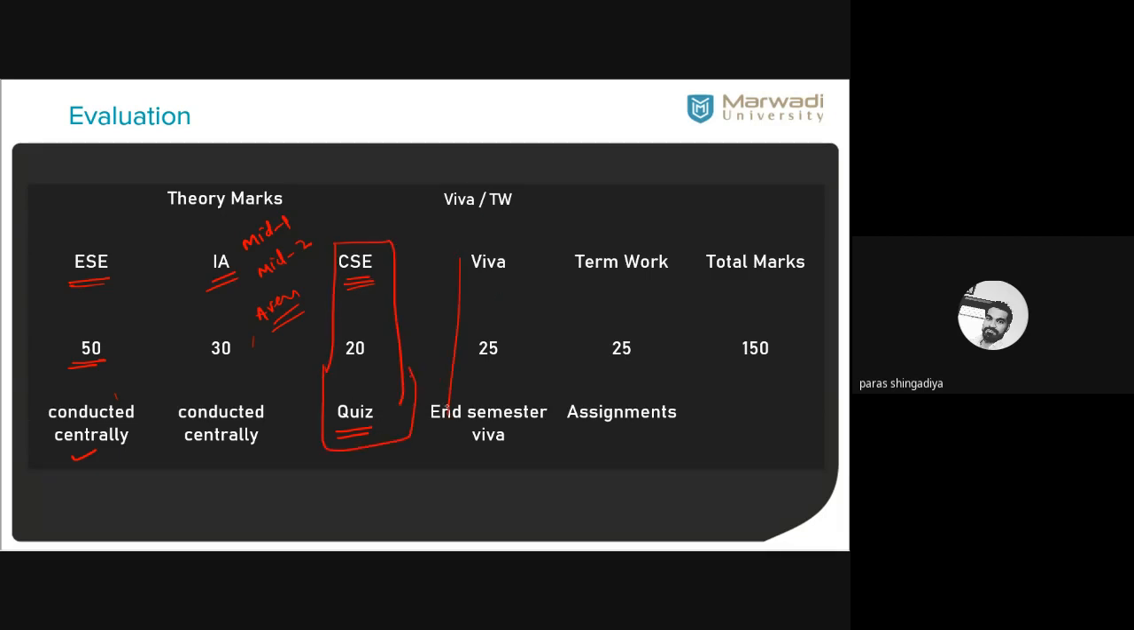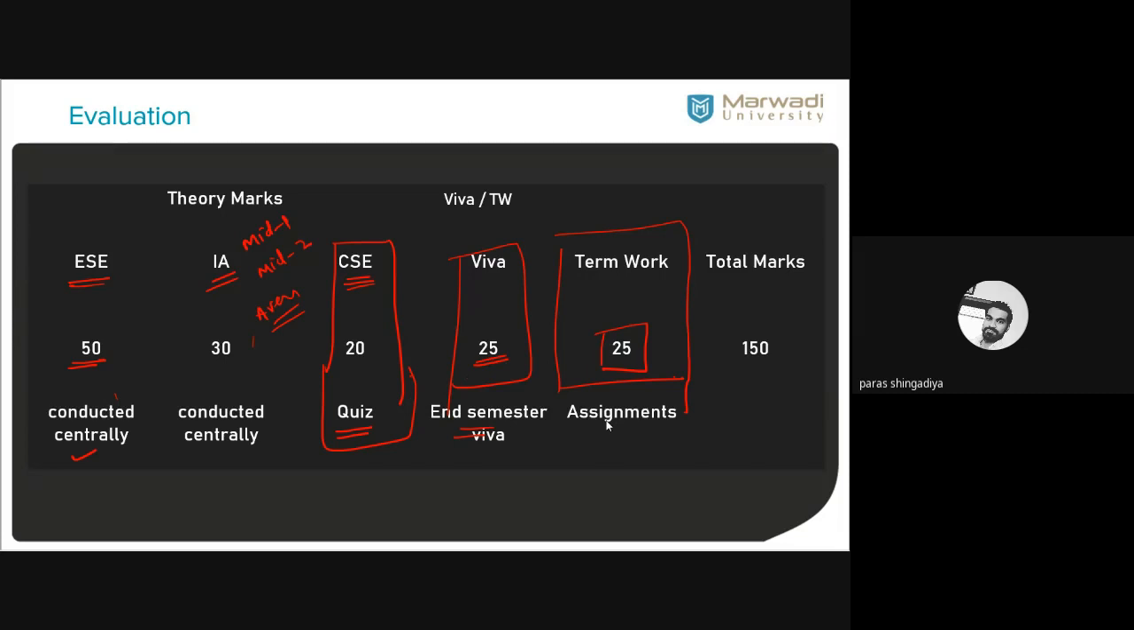And then the Viva carries 25 marks, and it will be conducted at the end of the semester. Then the term work also carries 25 marks, and for the term work you have to submit the assignments. Clear? Today I will upload all the assignments in your login, so you can check them. There are 6 units, so one assignment per unit will be completed